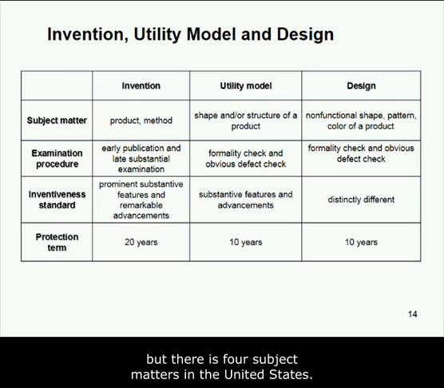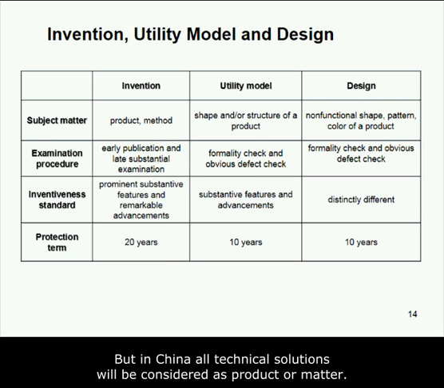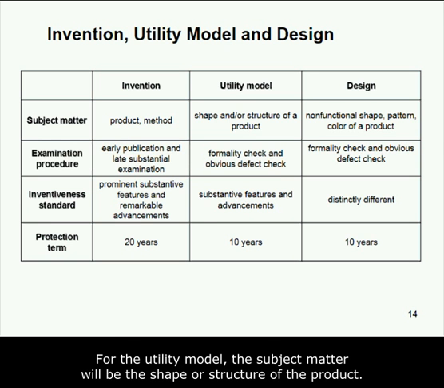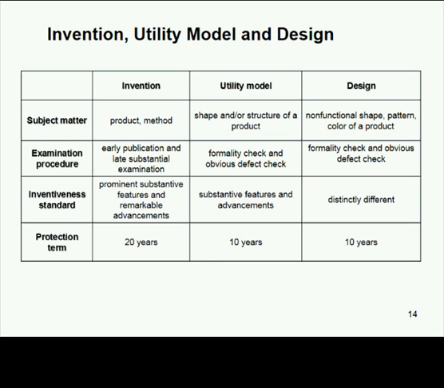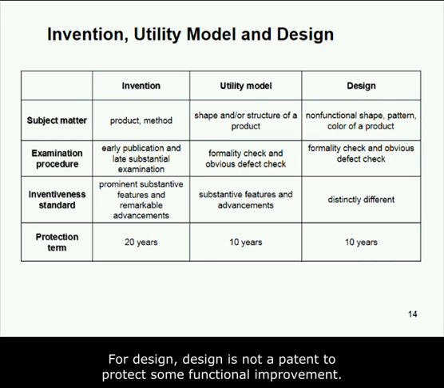There are 4 subject matters in the United States, but in China, all technical solutions will be considered as product or method. For utility model, the subject matter will be the shape or structure of a product. Design is not a patent to protect some